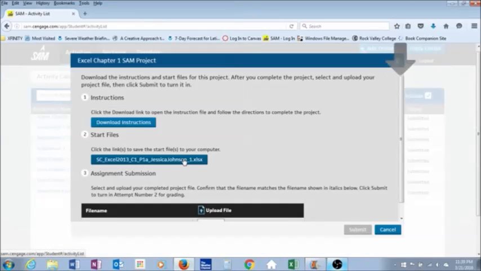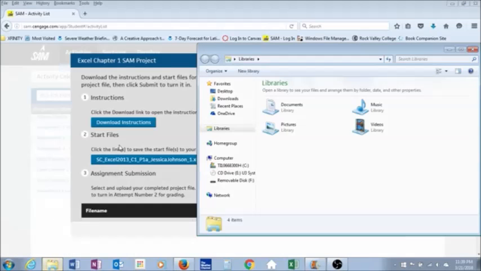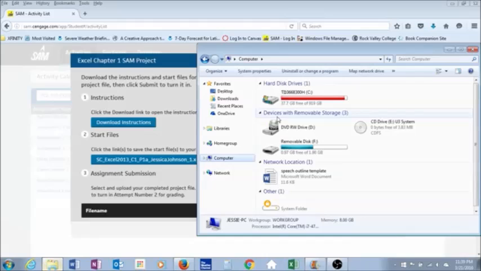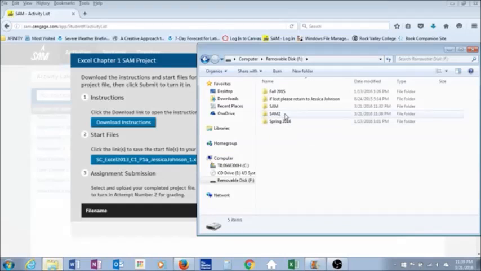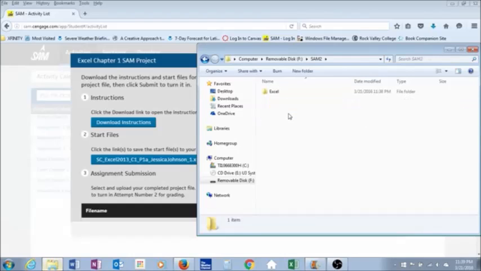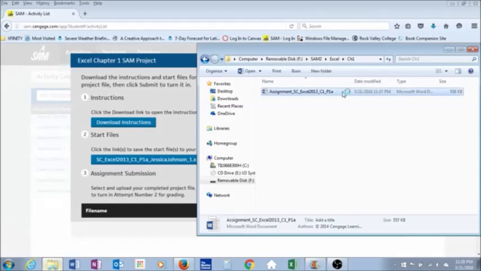Click Save. Now, we're going to actually want to look at those instructions before we go into Step 2, Start Files. So, click on Removable Disk, or if that is collapsed, just click Computer, and under Devices with Removable Storage, double-click Removable Disk. Then, open your SAM folder that you've just created, and then go into the Content folder, in our case Excel, and Chapter 1. Just double click on those to open it, and double click on your assignment, and that's going to pull that